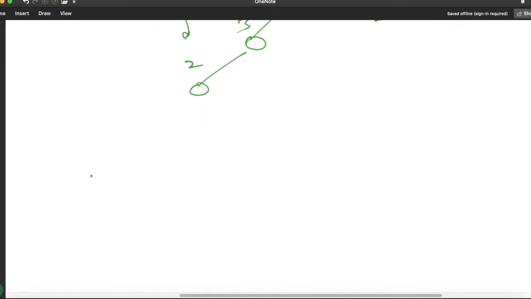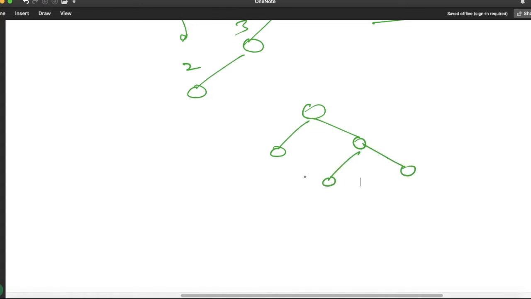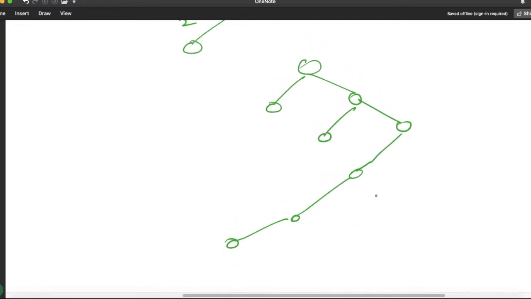Let us take another scenario. Suppose we have a tree like this one, and suppose the node is extended here. Suppose this is my binary tree.